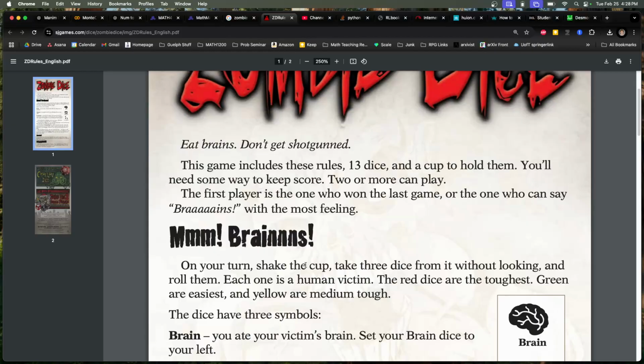We exited at the right moment, and we took our 4 brains and went laughing to the bank. Okay, so that's Zombie Dice. Very lovely game, and we're going to solve it just like we've been solving all sorts of games in this